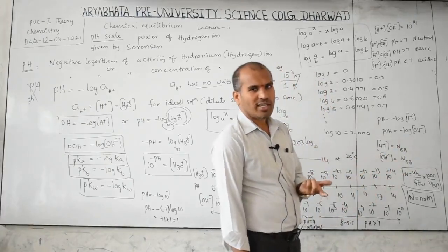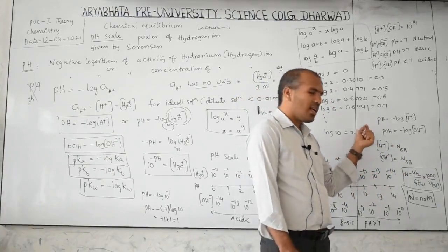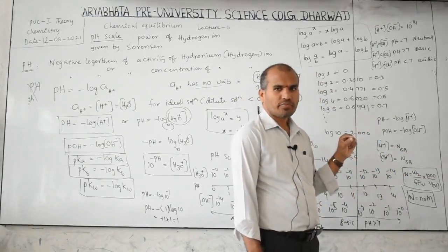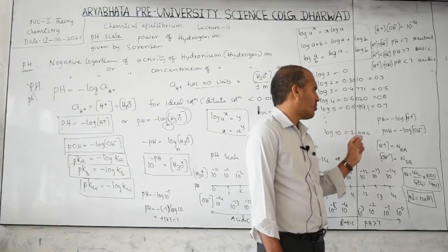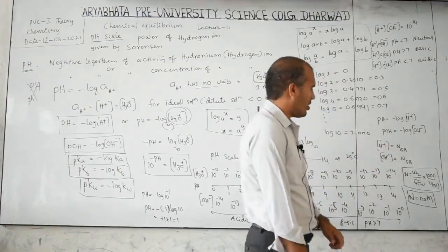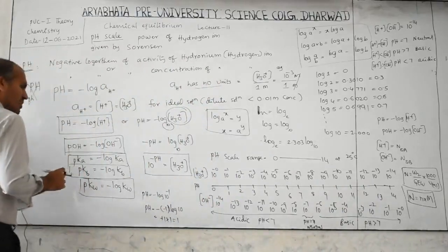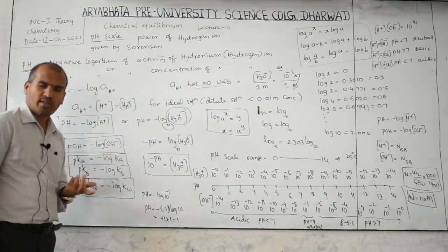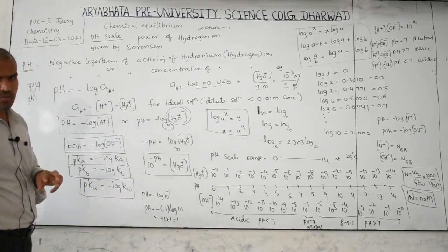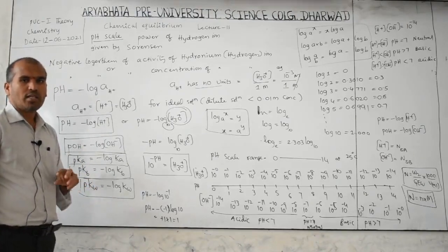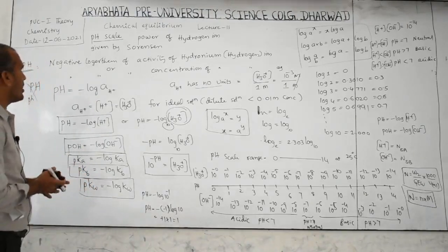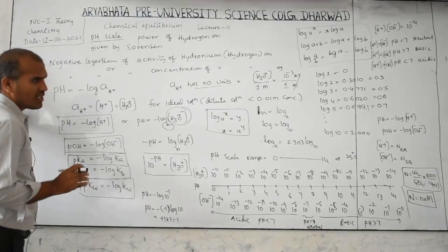But when a weak one is there, at that time also we have to take the concentration, but their formulas are different. So according to that we have to follow: strong acid and strong acid mixture, weak acid and strong acid mixture, weak acid and weak acid mixture, and acid and base mixture, like this. Each one we will discuss in detail, don't worry.